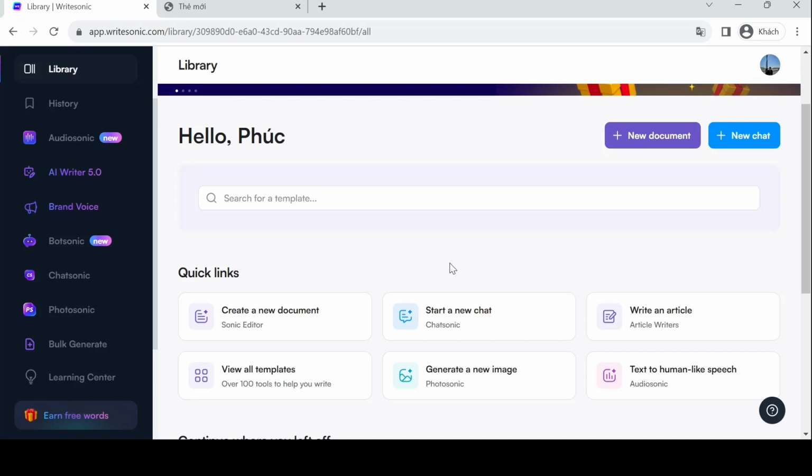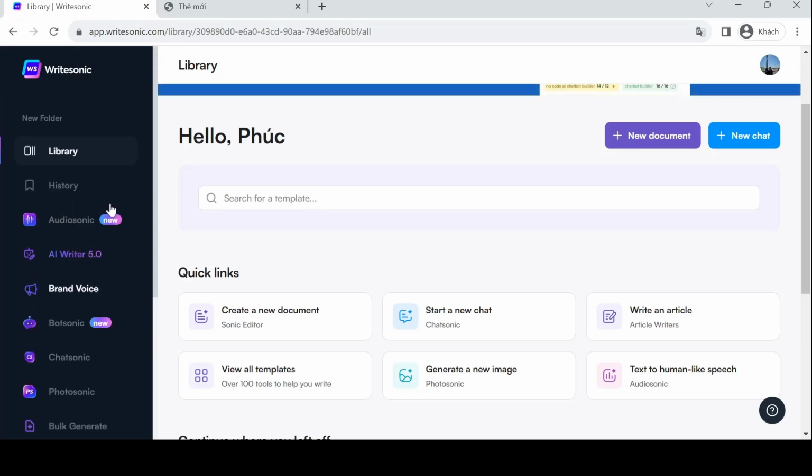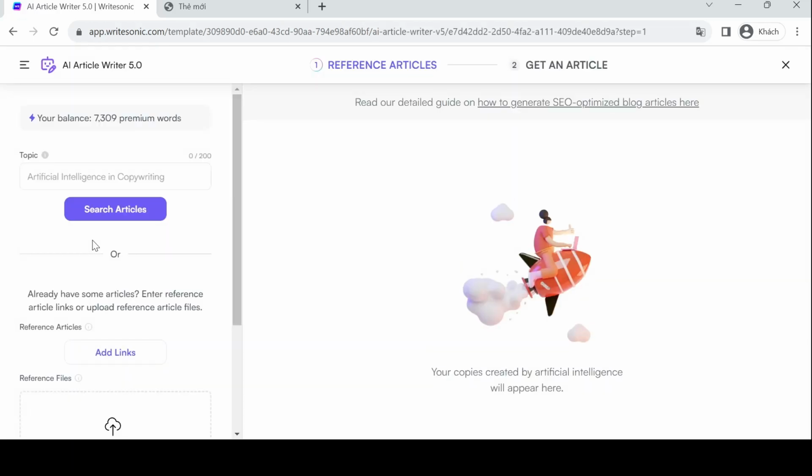So now I'm going to choose AI Writer 5.0 just because I want a blog post for the ideas that I have for my website. So you could enter a prompt here. So for example, I really like a topic about learning, how to learn